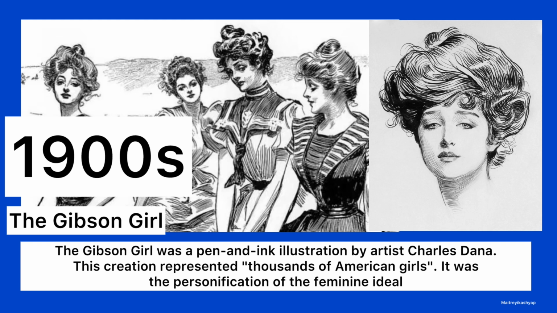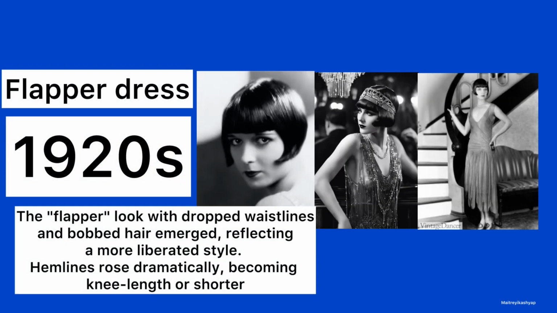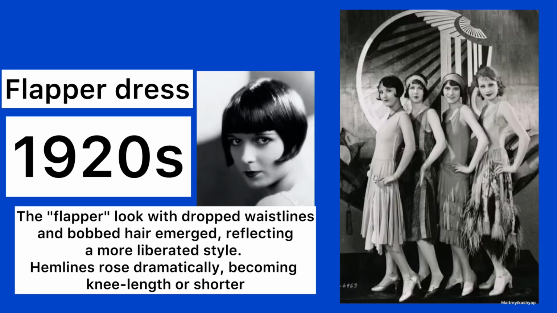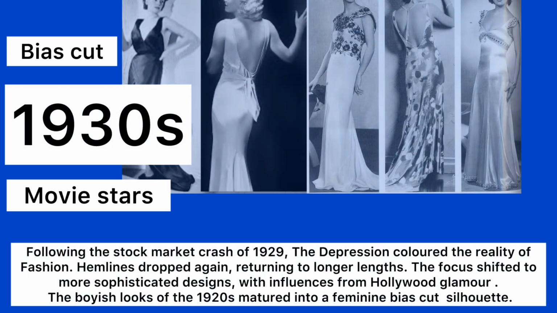And then the next one we talk about is the 1920s flapper dress. The flapper look was a drop waistline look with a bobbed hairstyle, and this style was a liberated style. The hemline was knee length and even shorter. So the trend was changing, fashion was changing over time, and then comes the 1930s, movie star inspired looks and the bias cut,